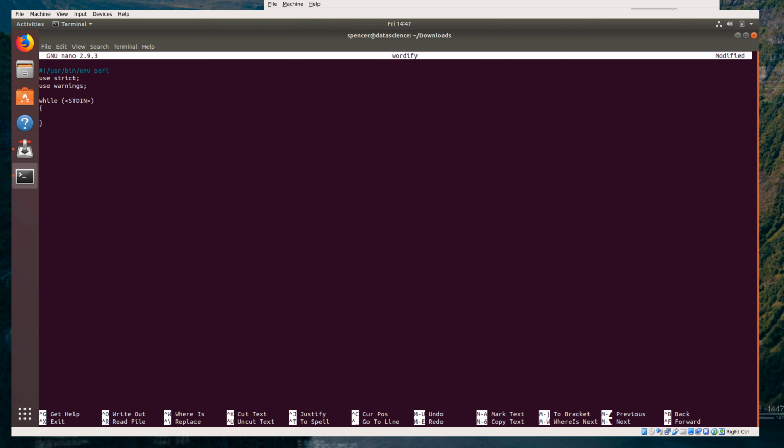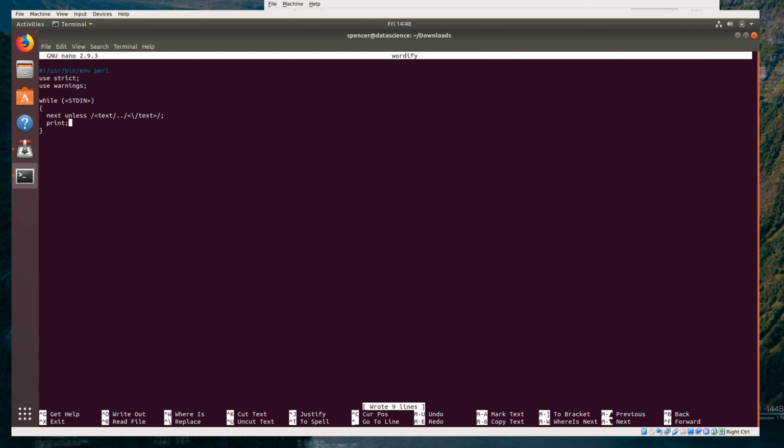Okay, while STDIN. This basically will consume every line from standard in, and each line will be stored in a variable called $_. It's also the implicit variable. So really what we want to say is next unless we have a start text up to end text. So next in Perl just means skip over to the next iteration. So ignore the line unless it's within the range of lines that begin with a start text tag and then end with an end text tag. If we just did this and then we said print,